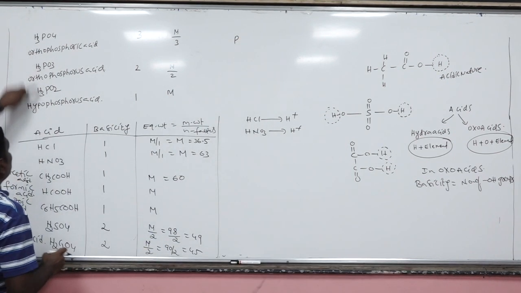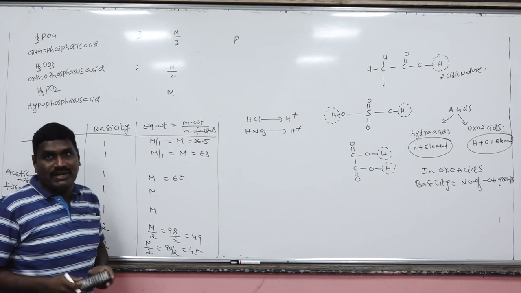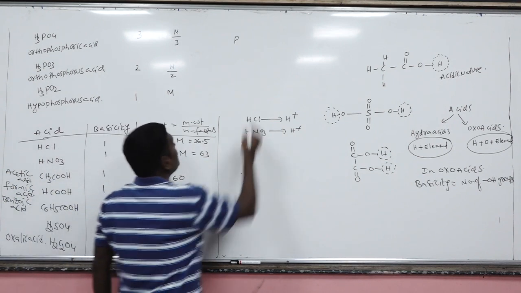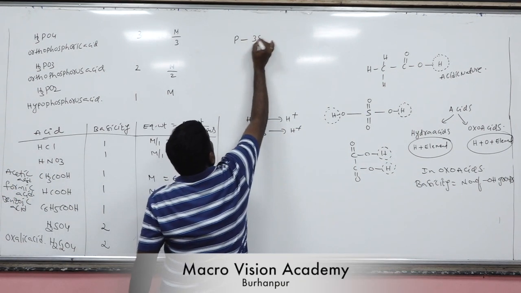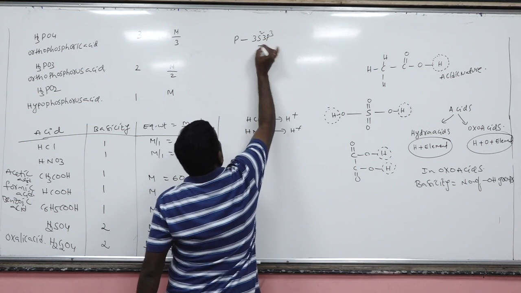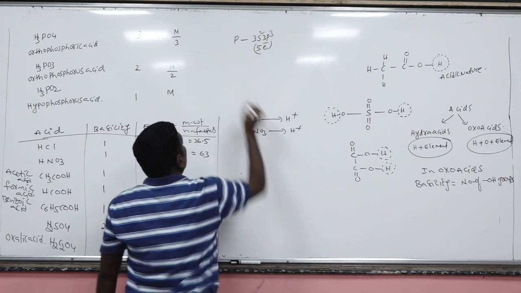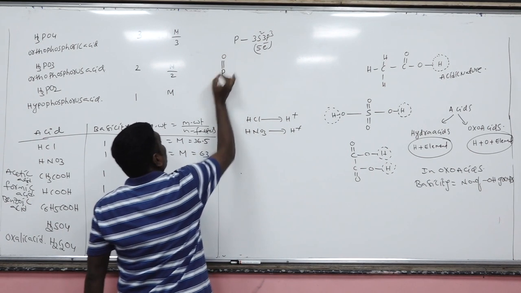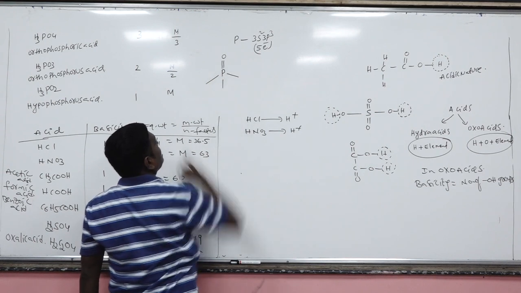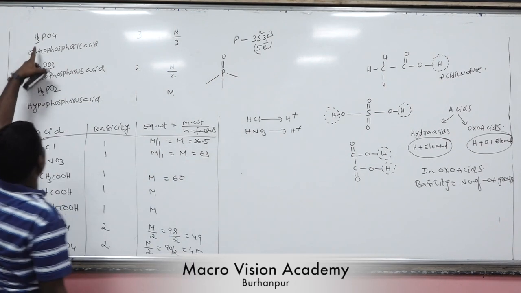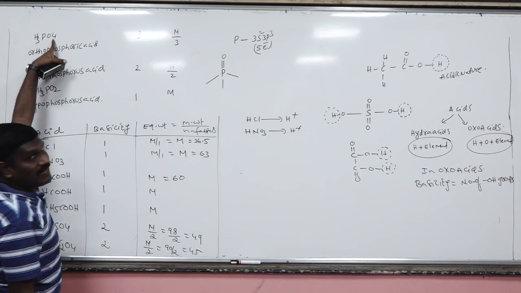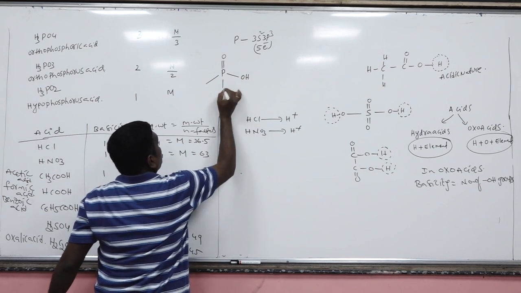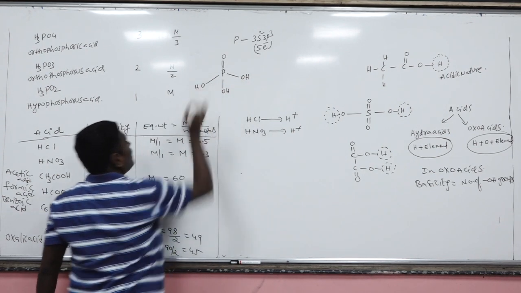Now in all these oxy acids, the central atom is phosphorus. Do you know phosphorus has 5 valence electrons? Because phosphorus has valency shell 3s2 3p3. So total how many electrons in the valency shell? 5. So phosphorus can form 5 covalent bonds. Out of which one oxygen will form a double bond and the remaining are 3 covalent bonds. Now how many hydrogens are left? 3. And how many oxygens are left? 3. So each oxygen and each hydrogen will combine to give one OH group. So there are 3 OH bonds. Are you getting my point?